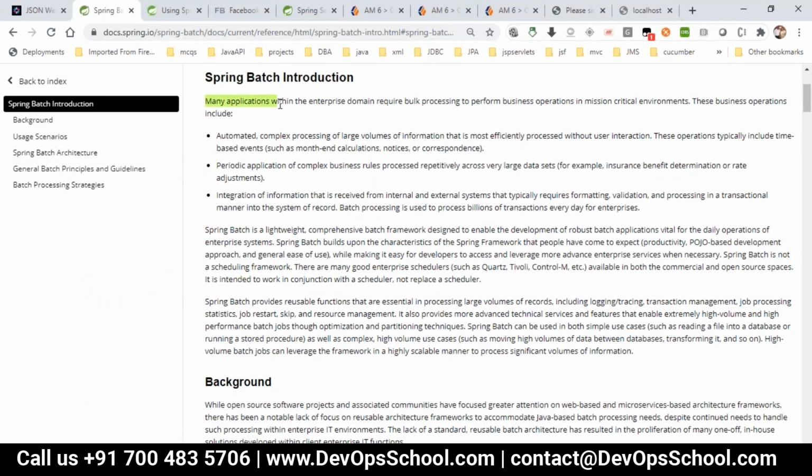Where many applications within your enterprise domain need bulk processing in a critical environment, you go with Spring Batch.